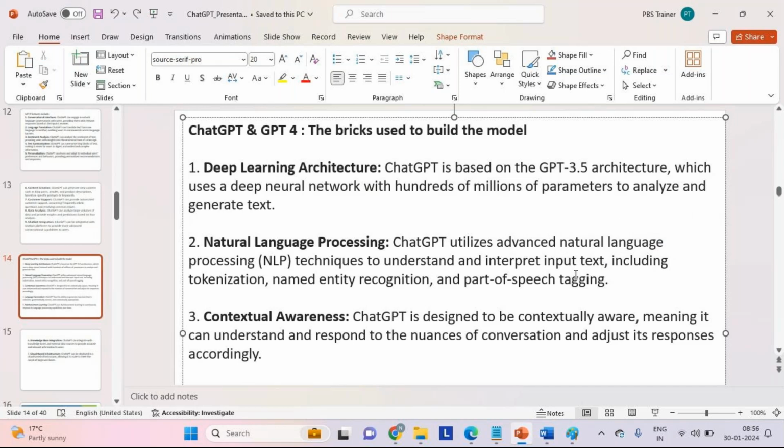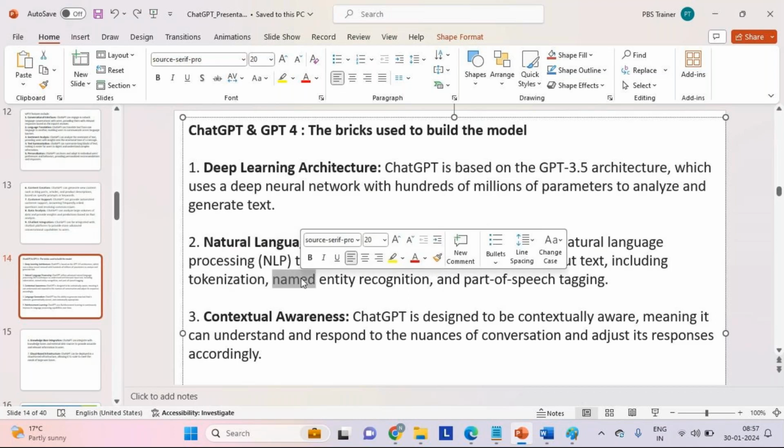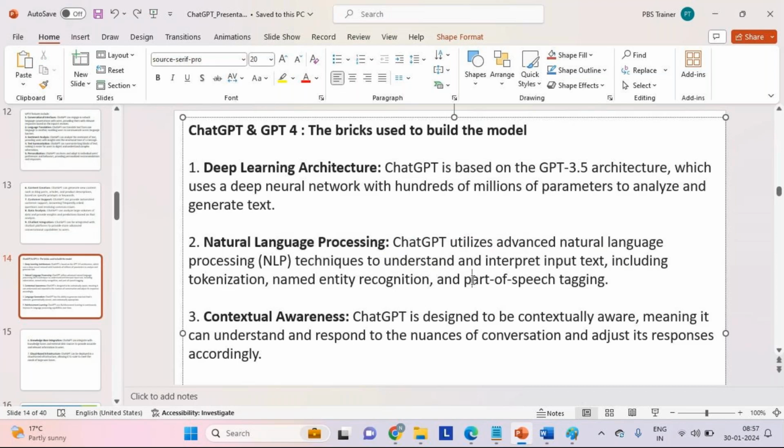It can take the input from the user, interpret it, and divide that input into multiple parts, which we call tokens, which means it does tokenization. For example, if you supply 10 words as part of a sentence, it is going to divide that into 10 separate words. Then it is going to recognize each of them,